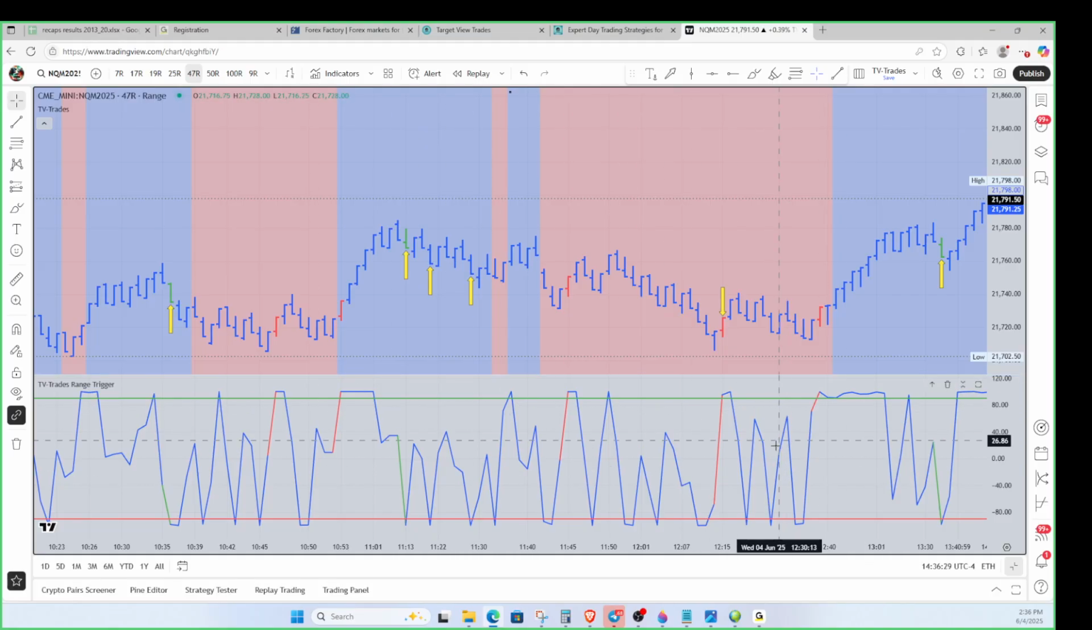Now this is what it looks like with this, right? And that's good. If you're just trading with the background colors and all that, that's great. It eliminates some of the trades. It'll reduce the number of trades so you're not over trading and things like that. Okay, but